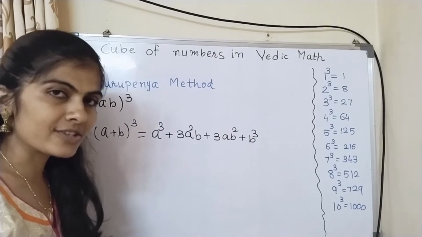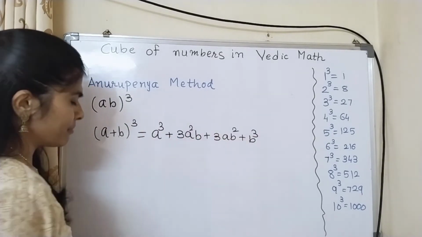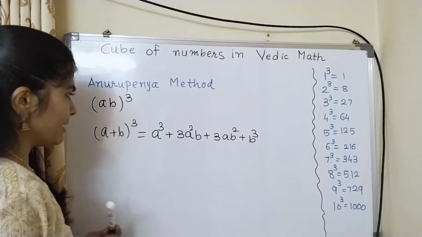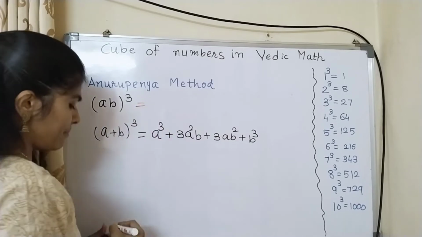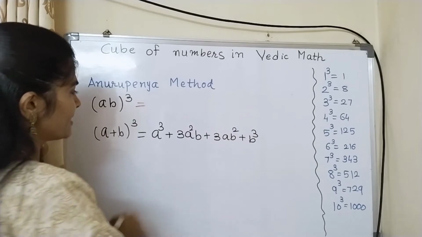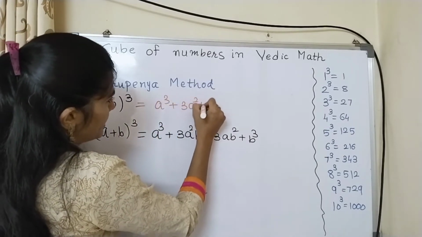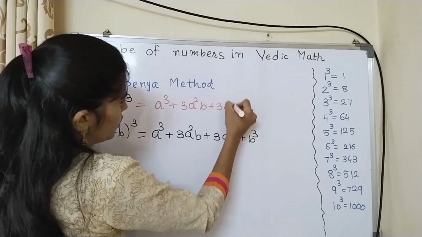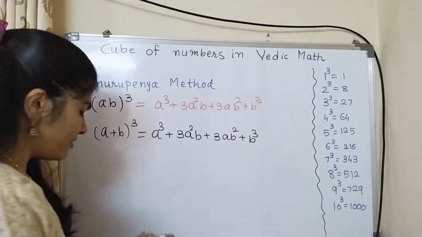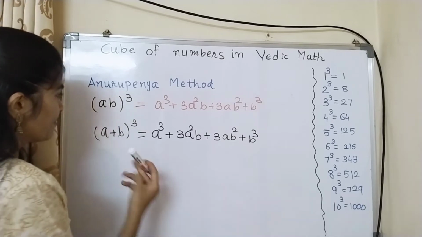You would have already studied this in your 8th or 9th grade, and if you have not studied it, just remember this formula, because this Anurupenya method is based on the same. Here also we are following the same method, even though it is just a number, not addition. So I can say that it is also a cube plus 3a square b plus 3ab square plus b cube. But it will be a little bit difficult to find them. So what we will do, we will divide it into some terms. So if I need to find out the cube of AB,